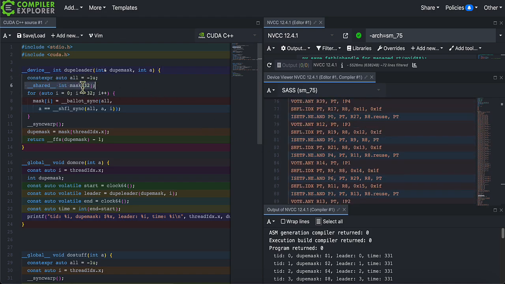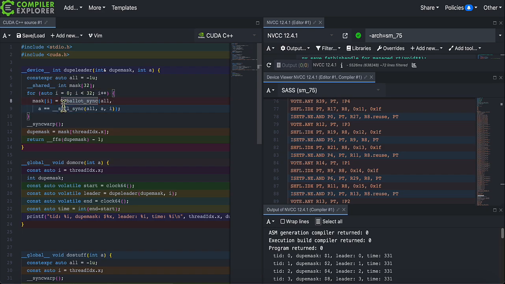Here we have a shared array, 32 masks, one for each thread. We then run a loop 32 times. We set the mask for that particular thread with ballot sync. That sets a mask with 32 bits, one for every thread that is running. And every thread contributes one bit within this 32-bit mask. The bit for our thread is generated by a comparison with the value of the first thread for the first iteration of the loop, second thread, second iteration of the loop, and so on.